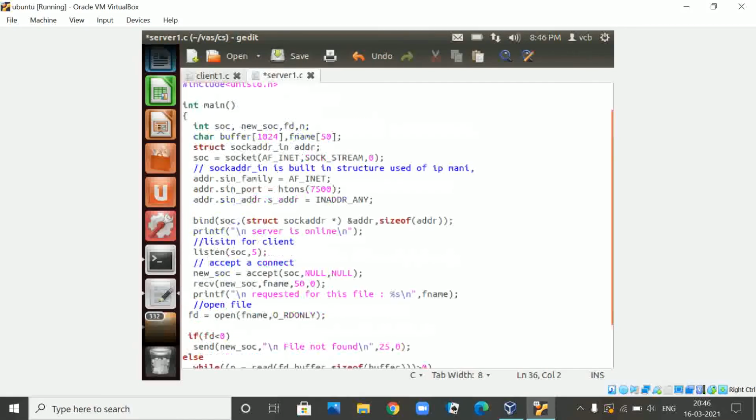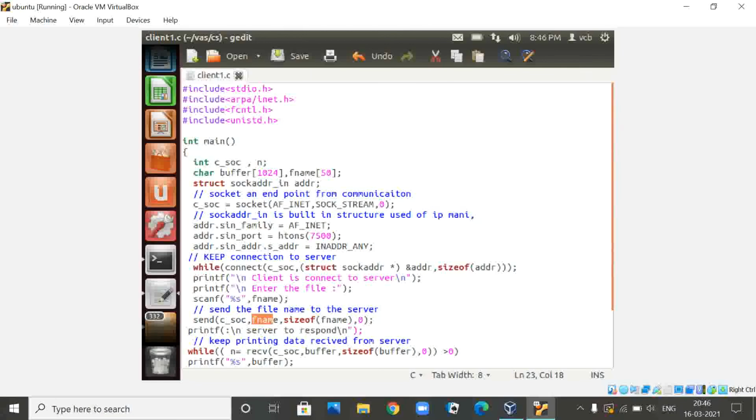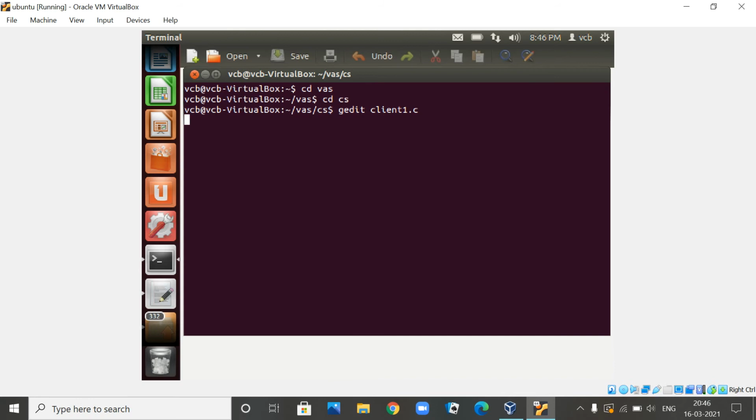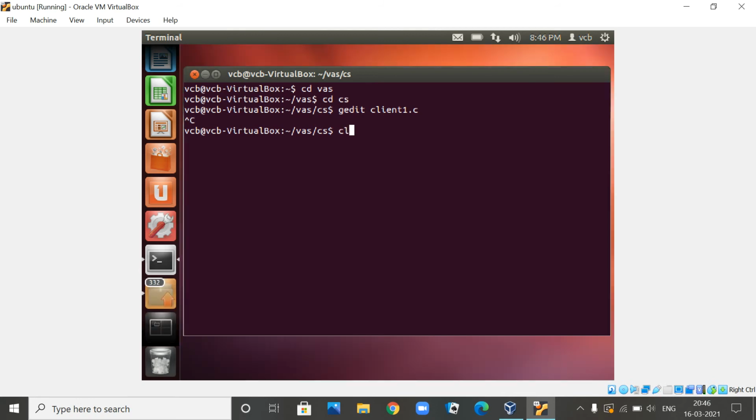Now this is your server program, right? So now you have written both the client program and the server program. Now save your file. Now we are going to compile and execute both of these programs. How are we going to execute both of the programs? For doing that, you are going to open a terminal, right?